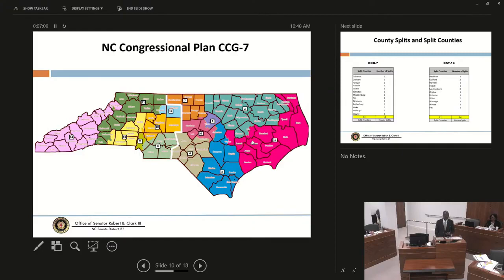And among the people there were some people from Moore County. There were also people from Robinson County. As a matter of fact, when I went to the public hearing in Robinson County, about 30% of those people spoke in favor of a Sandhills district comprising these counties. And Maurice Holland was one of the people that said they liked this version. But it's more than about the Sandhills, you know?